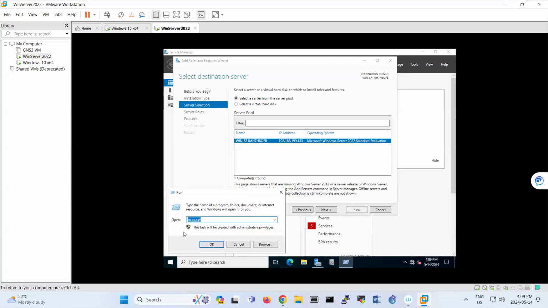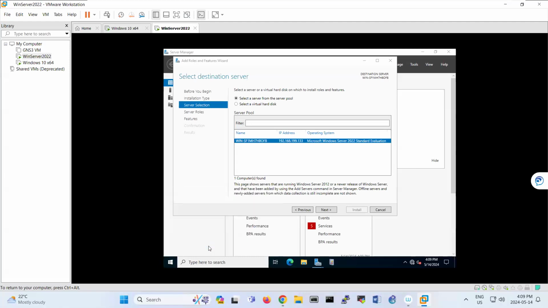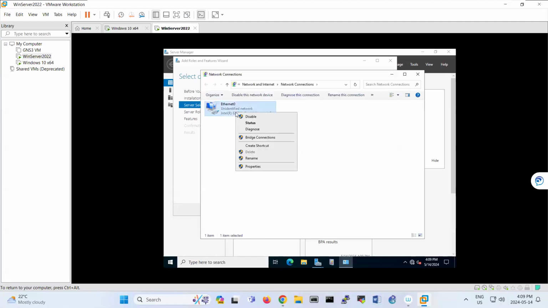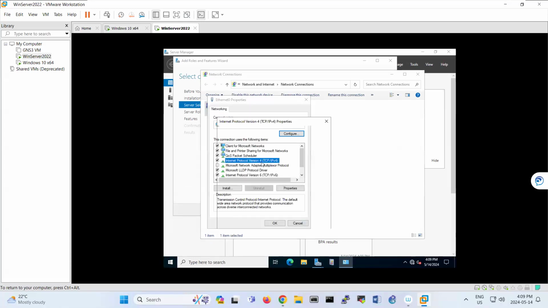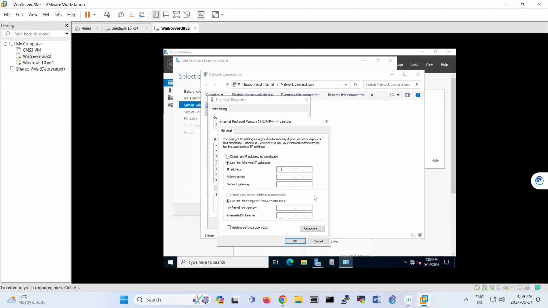I'm doing this shortcut, ncpa.cpl here, and then going to properties, IPv4. This is my server IP address. I put it as 192.168.10.1, for example. Okay, so 10.1,